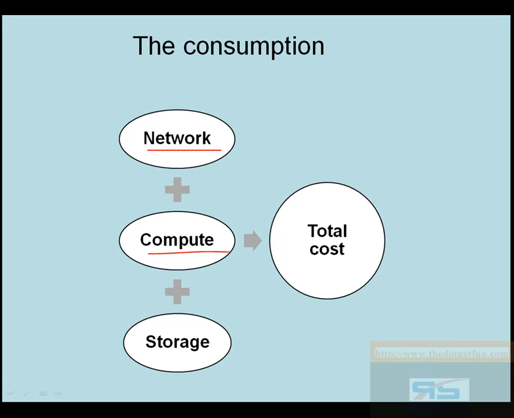The second kind of resource which we utilize is the CPU processor. So is your site logic intensive? Do you have a worker process, or some kind of Windows process running on the server and utilizing the CPU processor? So how much percentage of CPU do you want, or how much is your CPU utilization? And the third one is storage. How much hard disk capacity do you want? How much storage are you going to utilize? All these three amount to the total cost of your online server.